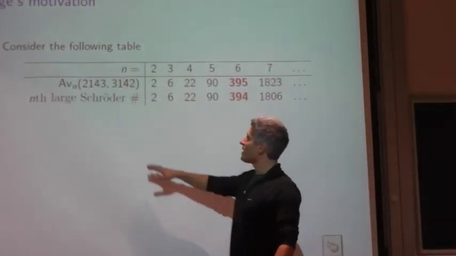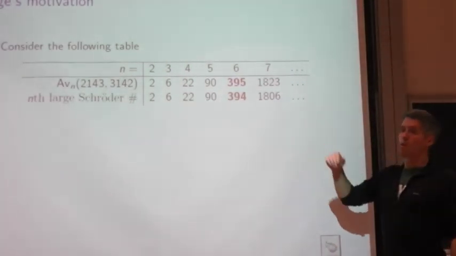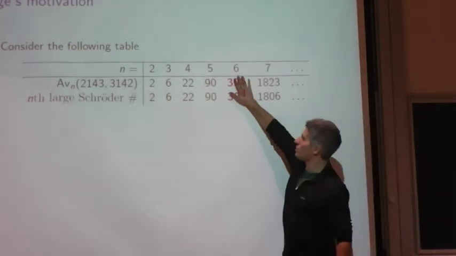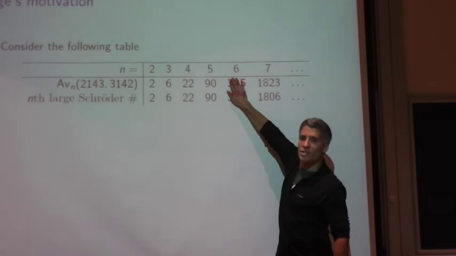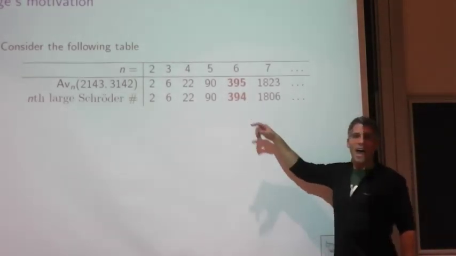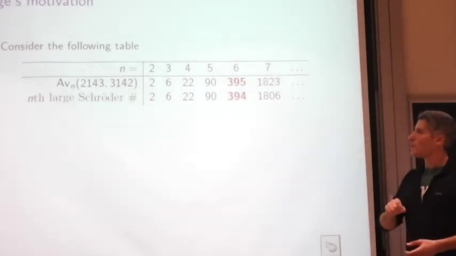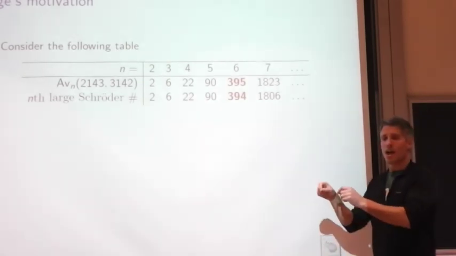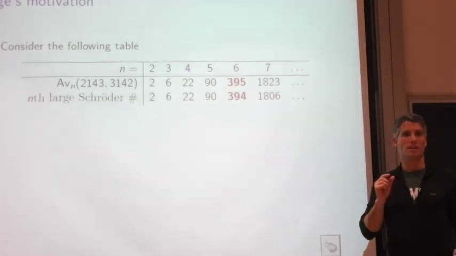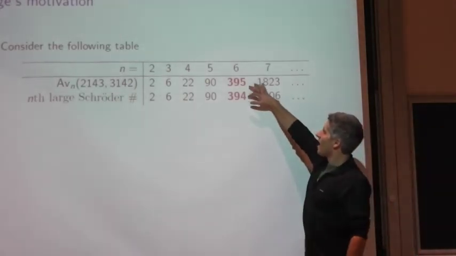This might seem random, but consider these two permutation patterns, and look at all the permutations that avoid that pair. They have to avoid one and the other. You generate those numbers and then compare them. You might very quickly recognize 2, 6, 22, 90 and say, oh, I've seen that before, because it's the large Schroder numbers. And then you get to length 6, and it's off by 1. This phenomenon happens all over the place: you pick some patterns, and for a while they are exactly enumerated by something well known, and then at one point they're off by exactly 1. This is indicative of stuff that happens often. And so the interesting thing might